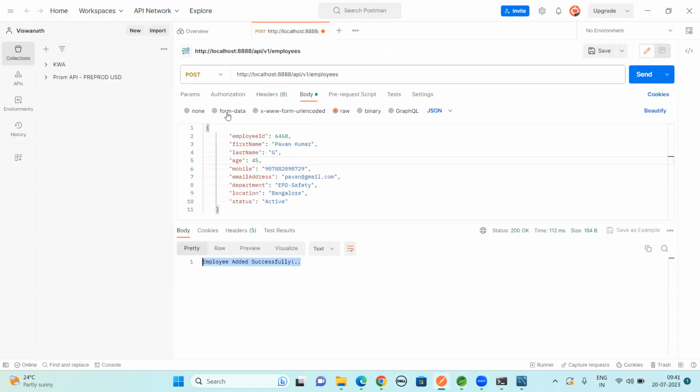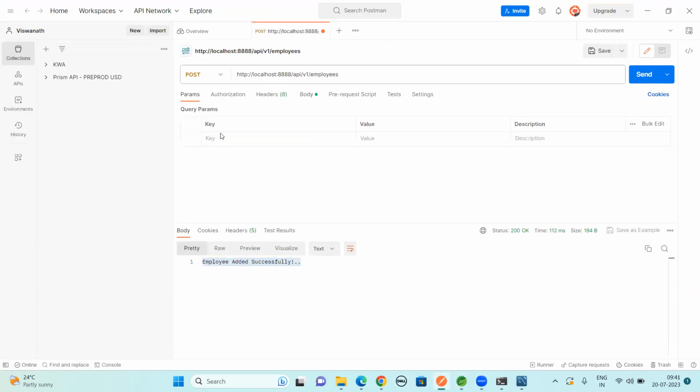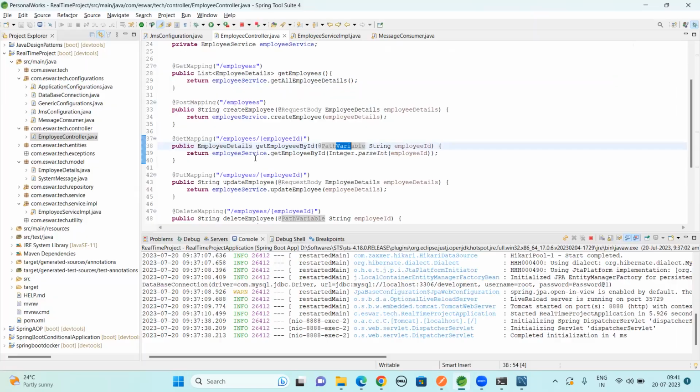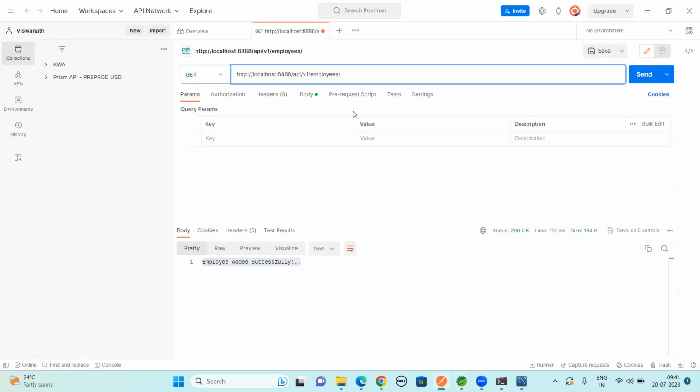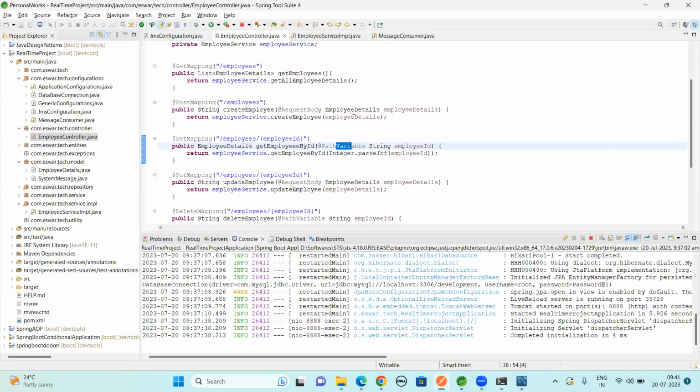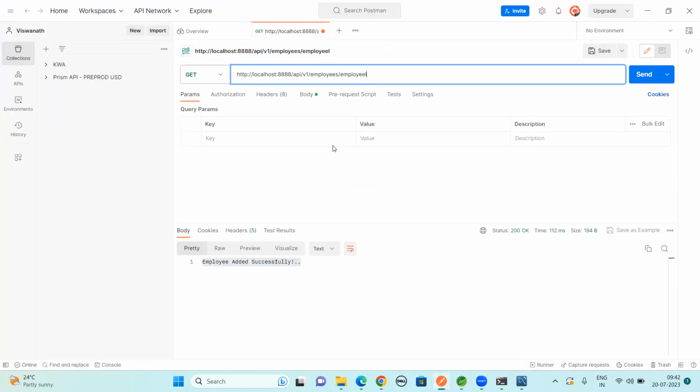What are query params? If you look at this params, these we call query params. Now let's see that one also, one by one. Okay, now you are getting the data, so change the method to GET and select the syntax: API employee slash employee ID. Now you don't need to give the employee ID like this, because you are expecting the path variable, not the param. You can directly give the employee ID,